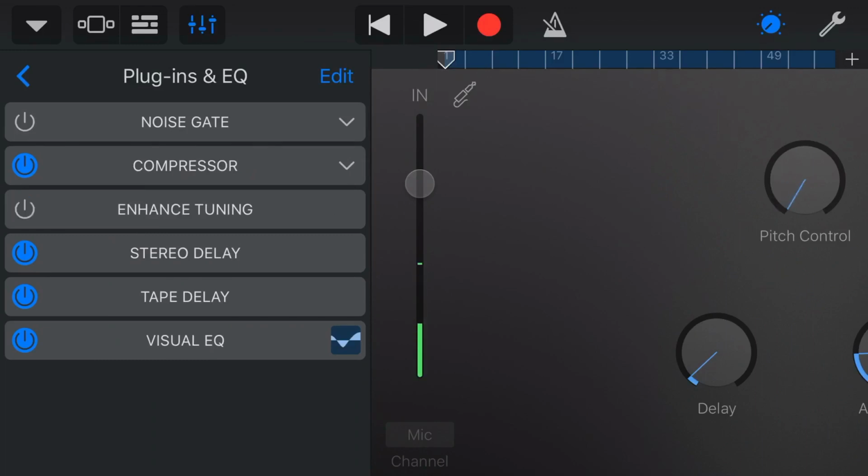So let's dial this all the way down, and I'll play back the vocal as it is without any enhanced